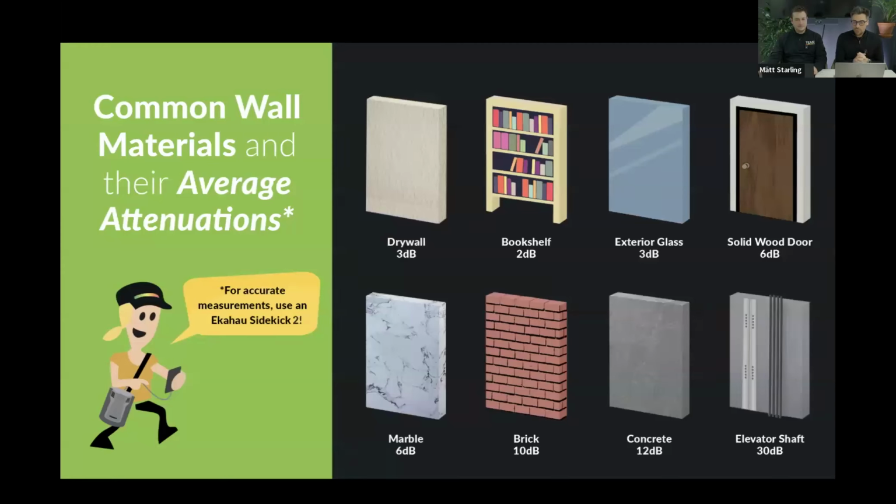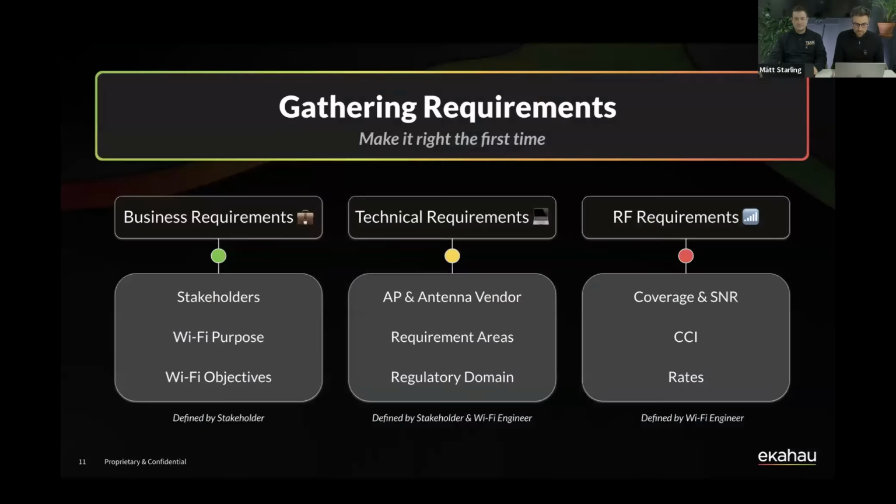That's called free space path loss. We also subtract the attenuation values of your materials, but also we calculate reflections and diffractions. So we give you the most accurate heat maps that you can possibly have from using our tools. So these are just some common factors and attenuation materials of some of the typical materials you will have in your environment, but always worth going on site, measuring and checking to make sure what you actually have there.